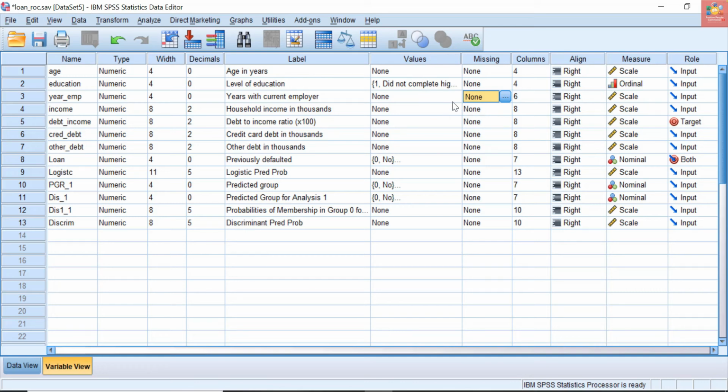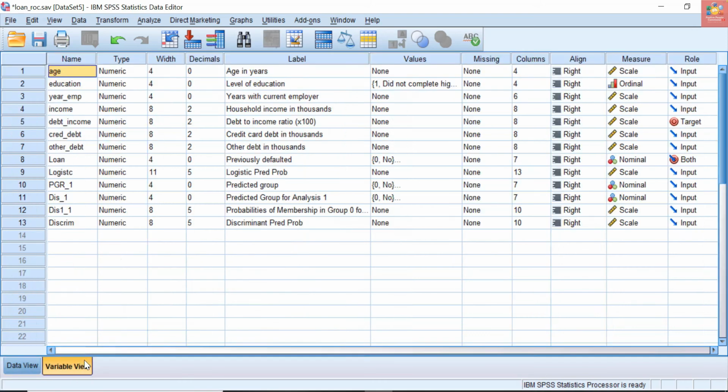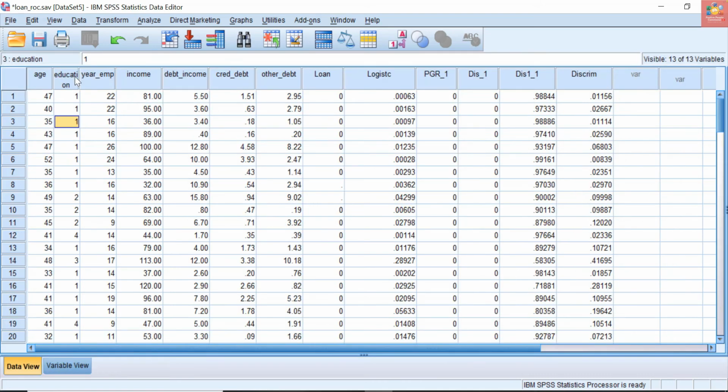The next one is the column width of the variables. The column width for age is 4, and for education the column width is 4, and you can see that education is not very well displayed here.